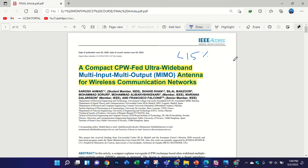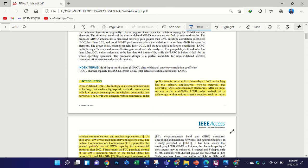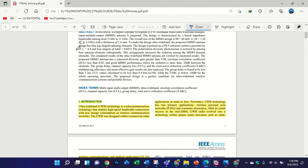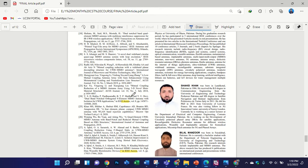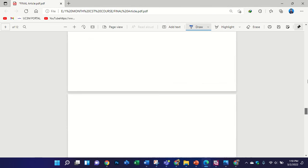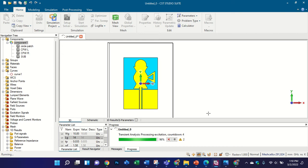Because sometimes when you put this paper in Turnitin to check plagiarism, even the title of the journal is counted as plagiarism. Oh, you need to exclude it. You do not need to worry about the title, but you have to change the paragraph. Also, you need to exclude the references in the plagiarism check. Also, Tarek, it is better for you to check the plagiarism before you put it in the journal format, to avoid this point. You don't need to be worried after that, because when you check the plagiarism with any software,